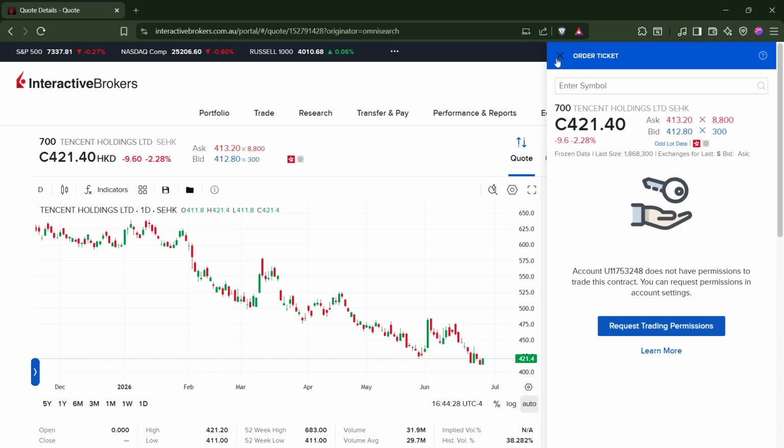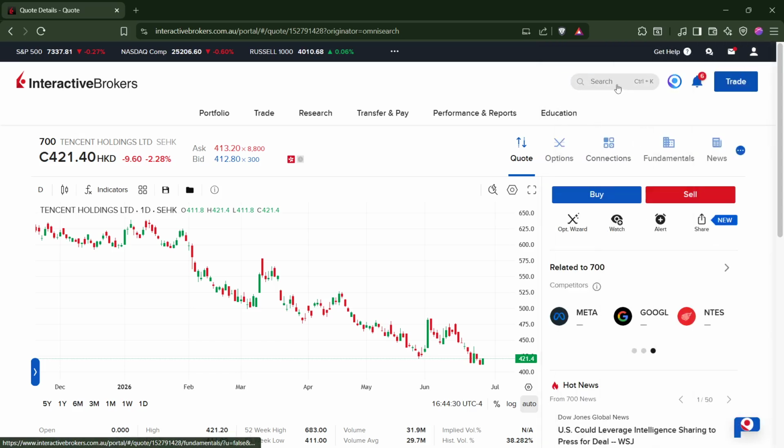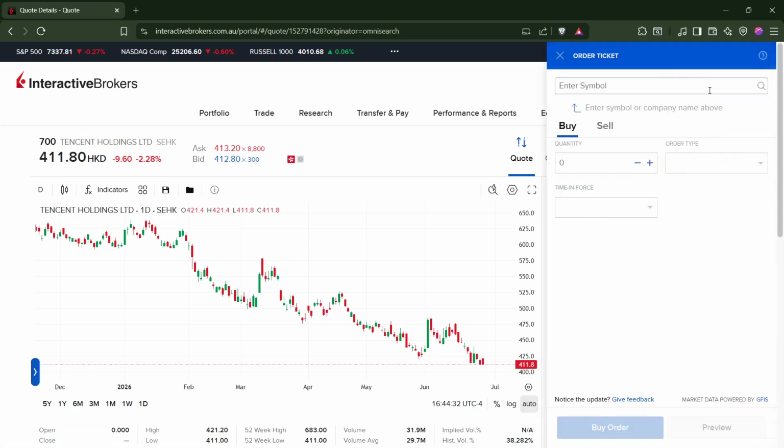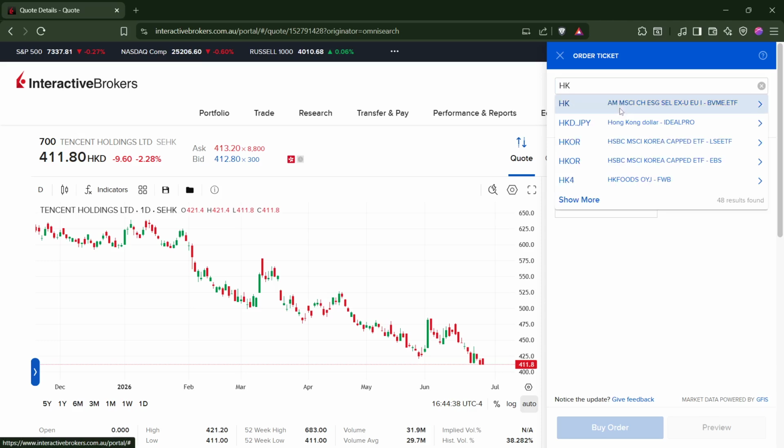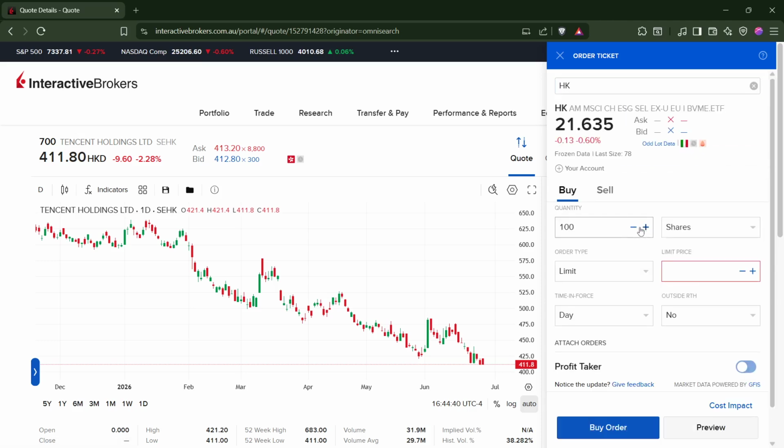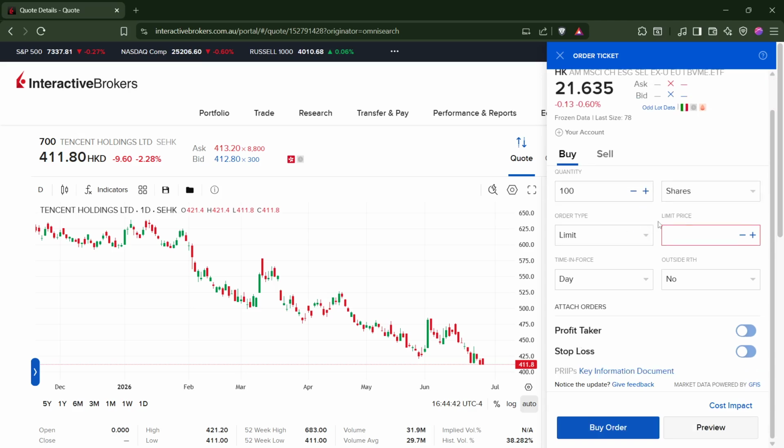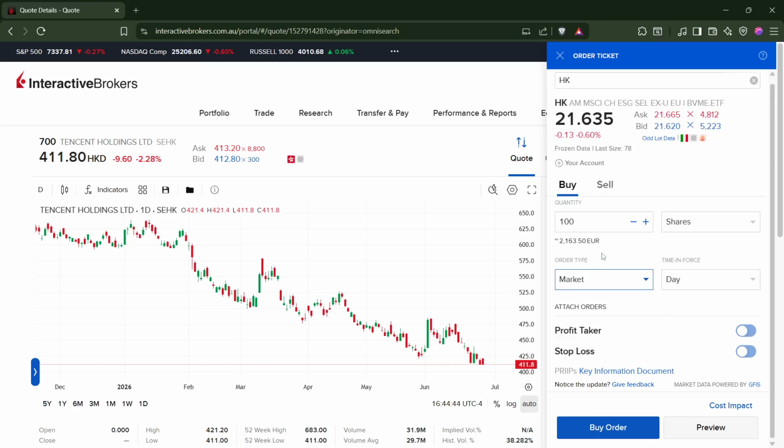For mainland China markets, the board lot size is 100 shares, so enter your quantity as a multiple of 100. For Hong Kong stocks, check the lot size for that specific stock. It varies by issuer. Select your order type from the drop-down, usually market or limit, and if you chose limit,